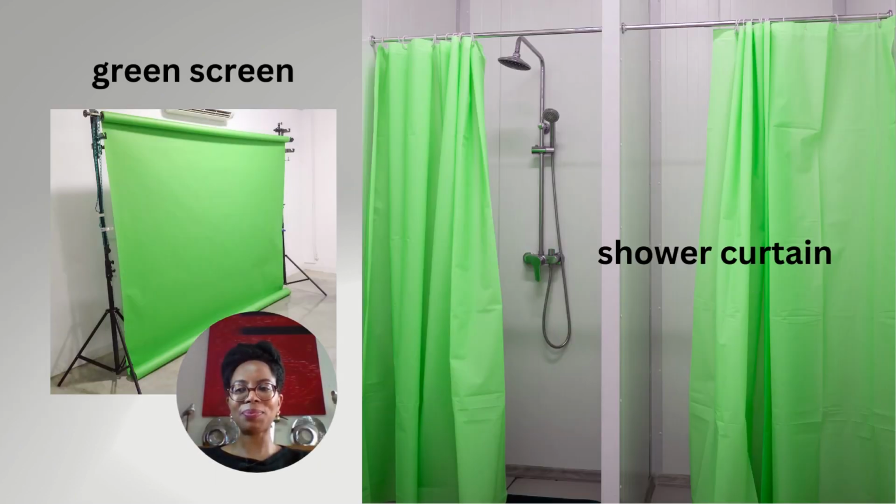Number 7. Now, here's something interesting that I've done. Instead of forking out for a fancy green screen, I decided to use a green shower curtain instead. The area I wanted to use to have my classes had some pictures on the wall I didn't want to remove. So I decided to drape a green shower curtain over the pictures and the wall,